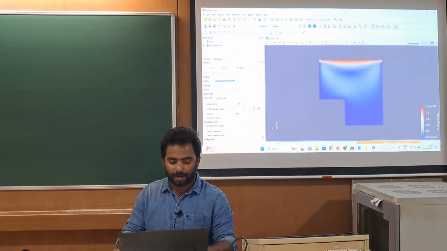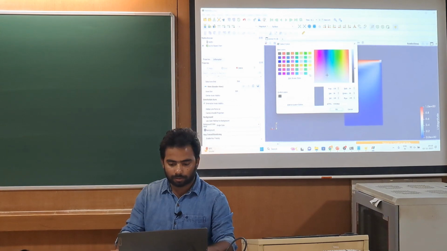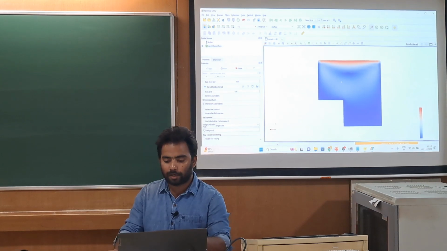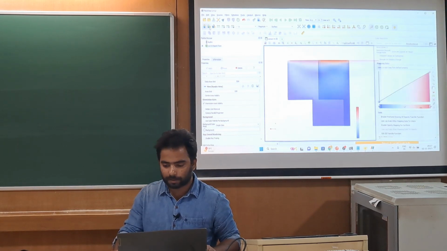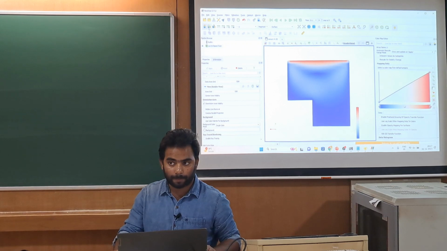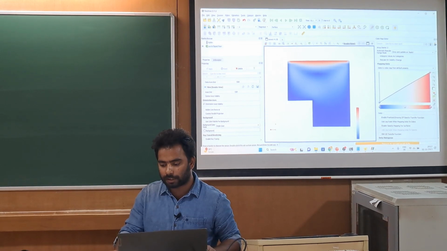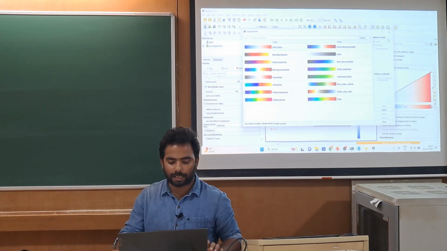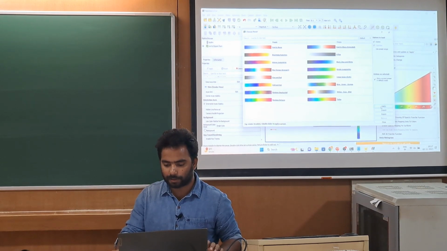Now you can also change the background. Just go to the drop down. Here untick this, use color, and here you can set it as white. Okay. Now you can even change the color of this contour. So I think this blue and red is not okay. So you can go to this here. Everyone can click here and go to this different color section, and out of this different color section you can select any of the color you want and do this apply.